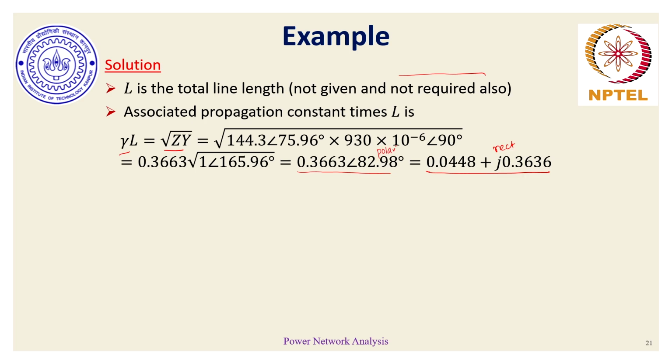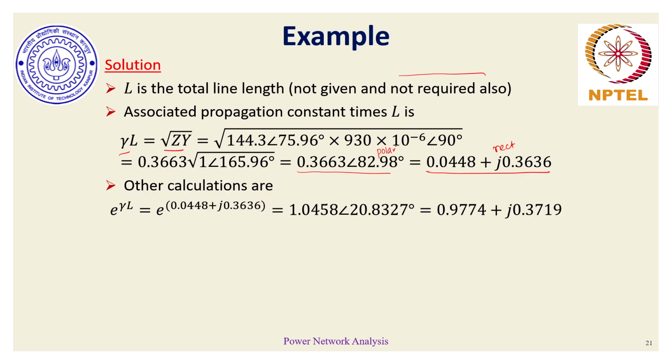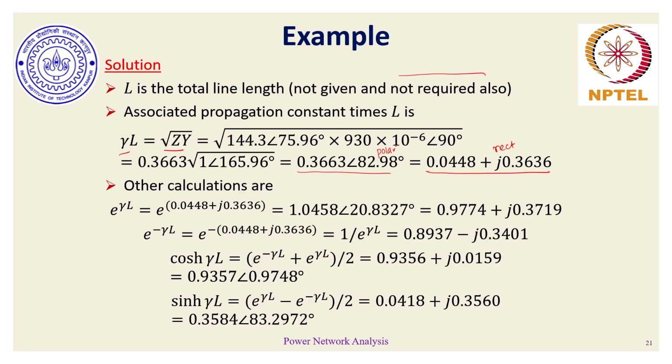Please cross check these numbers, okay? And we can also find the corresponding exponential form of gamma L. Those of you who have calculators which can directly find the cos and hyperbolic functions need not do this step. But for others where hyperbolic functionality is not available, you have to evaluate e to the power gamma L separately, e to the power minus gamma L separately. And remember that in gamma L we have a real part and an imaginary part. So the term you are seeing here, 1.0458, is nothing but e to the power